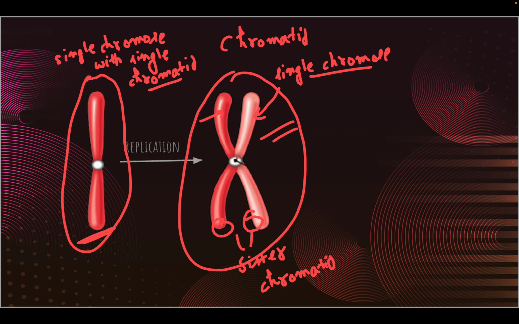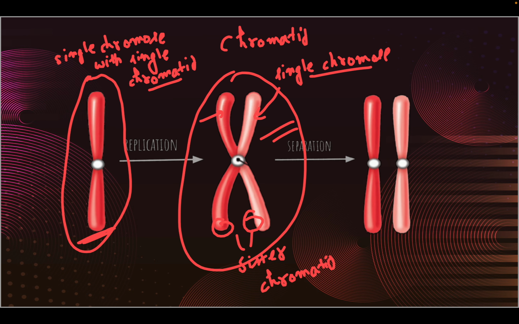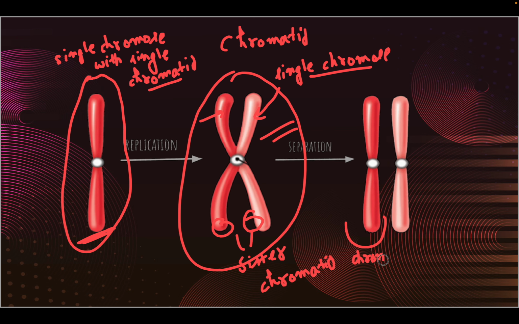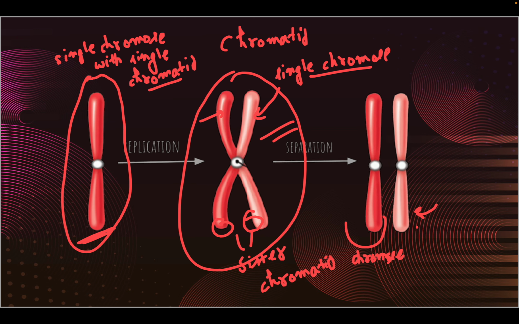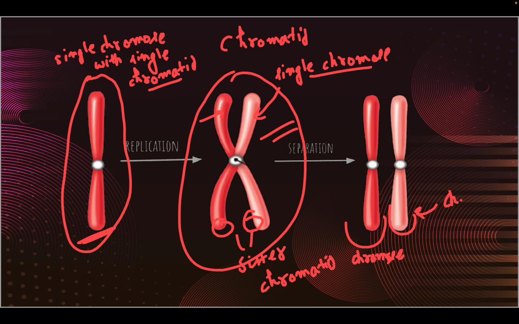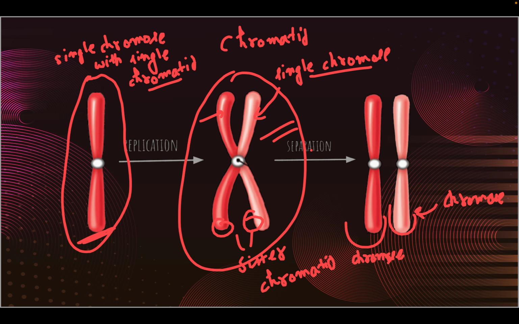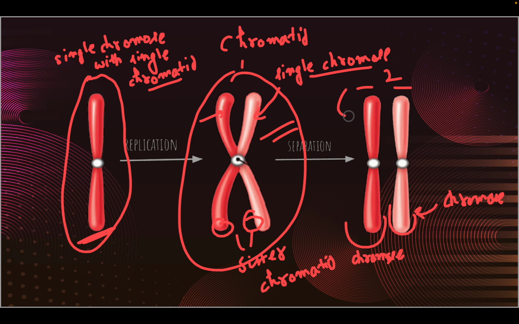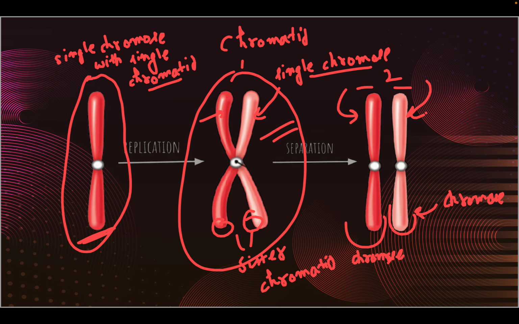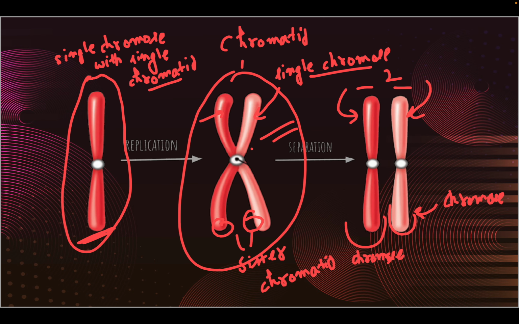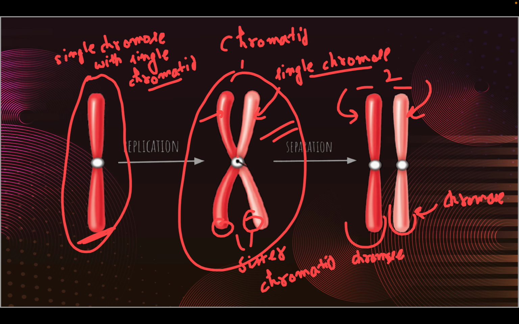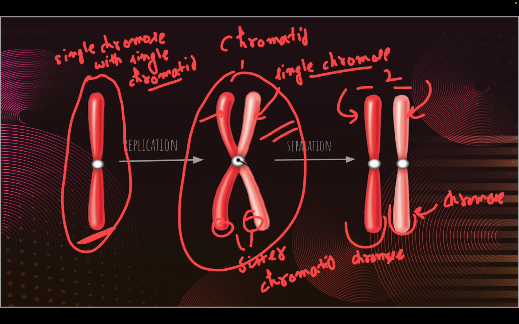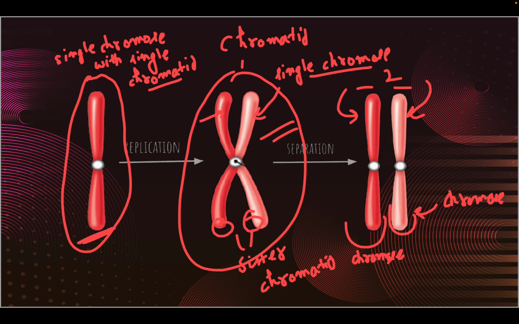When these chromatids are separated, then they are called individual chromosomes. So this is a new chromosome, a single chromosome, and it is also a different chromosome. So one chromosome turned into two chromosomes. So here we have one chromosome and here we have two chromosomes, and this one is a chromosome having a single chromatid and this one is also a chromosome having a single chromatid. So till the time they are not separated, they are part of only one chromosome and they are called chromatids. Later when they are separated, they will be called two new chromosomes with each